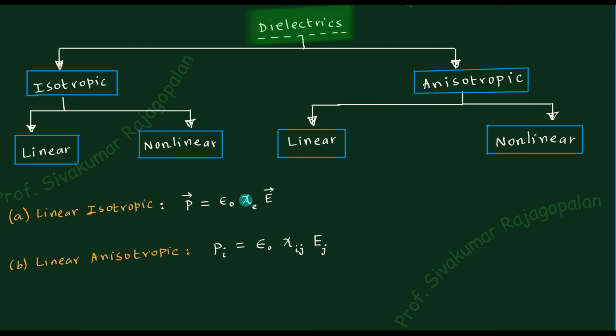And coming to this particular chi e here, you have a scalar, as I already told you. For the linear case, linear means a scalar. Therefore, chi e is a scalar, a single number. But when you are moving to the case of the linear anisotropic case, it has become a tensor, and since you have two suffixes here, it is known as the second rank tensor, and it follows the usual Einstein summation convention. That means when you have the same index repeated, what is called a repeated index, then the index has to be summed over.